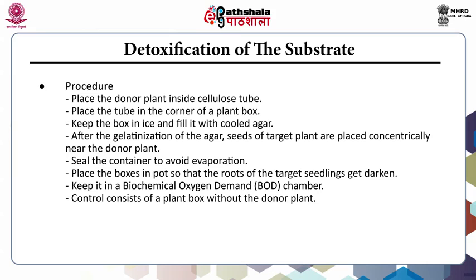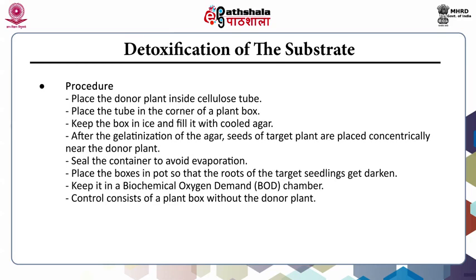Now, coming to the procedure of the plant box method. Firstly, the donor plant is placed inside a cellulose tube. Then the tube is kept in the corner of a plant box, kept in the ice box and filled with cooled agar. After the gelatinization of the agar, seeds of the target plant are placed concentrically near the donor plant. Then the container is sealed to avoid evaporation. The boxes are placed in a pot so that the roots of the target seedlings get darkened. Then they are kept in a biological oxygen demand chamber,